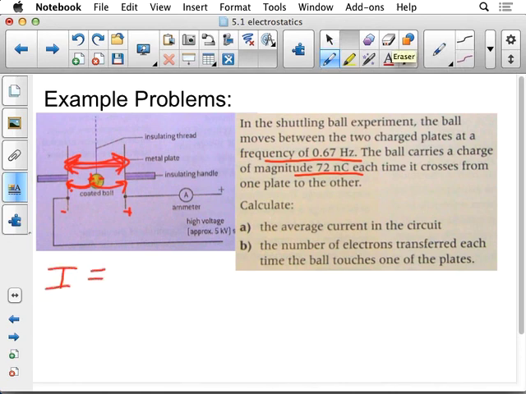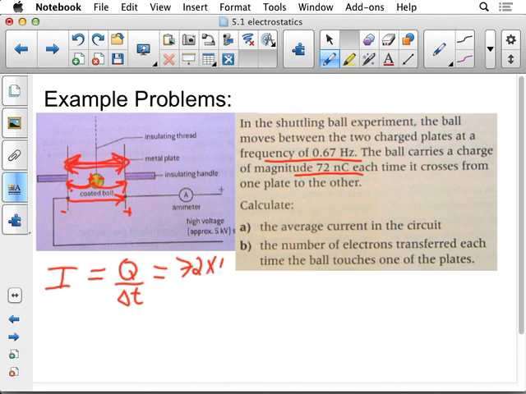What's the basic formula? Q over T. Okay, the amount of charge transferred divided by the amount of time that it takes to do that. How much charge is transferred? Well, if we just look at one oscillation of this thing, just one motion straight across one time, how much charge is transferred? Okay, so that's our 72 nanocoulombs,